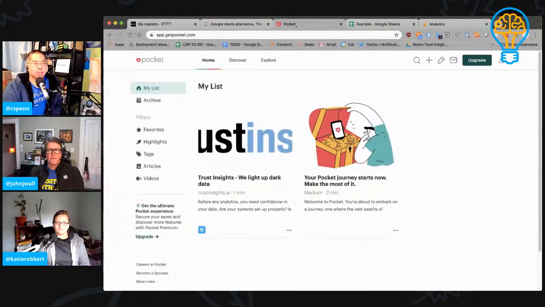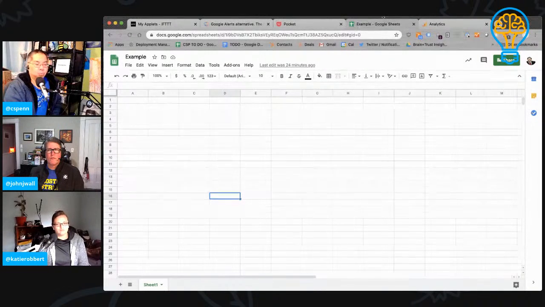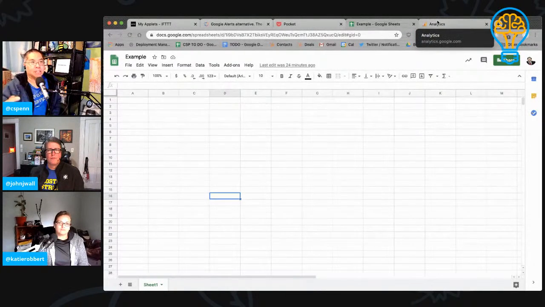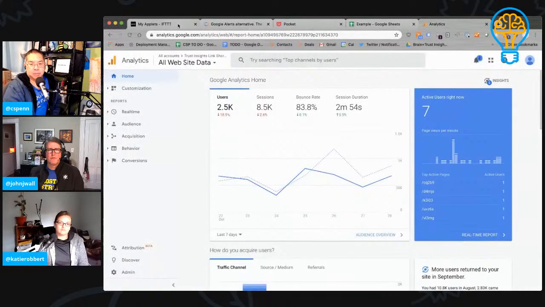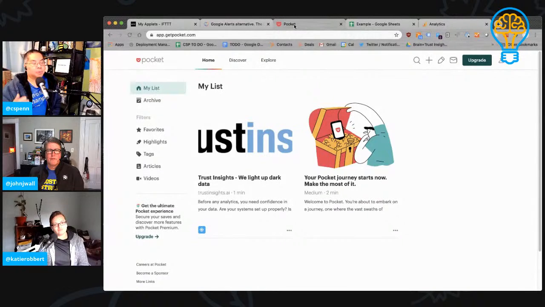You're going to want the free Pocket application from getpocket.com that allows you to tag and store and also explore and learn and find content from different sources. And of course, you will want Google Sheets, the free spreadsheet software from Google. One optional additional piece for the more advanced version is Google Analytics, and we'll get to that in a minute. With content curation, the first thing we've got to do is get content, get stuff from somewhere. That's where applications like Pocket really come in handy, because they let you explore, learn, and discover.